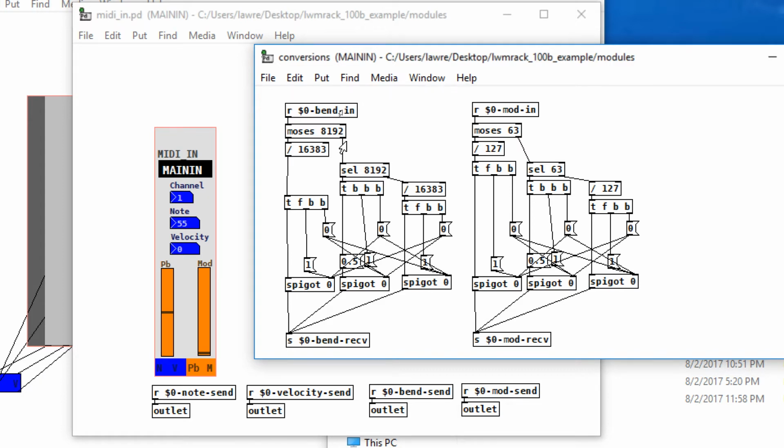8192 or above, it comes out this outlet, and then the select box determines, is it 8192? If it is, it triggers these bangs. These 2 bangs close the other spigots, open this one, and this bangs through it 0.5. So that way a 0.5 comes through if it's 8192. And then if it's not, that means it's above 8,192, so it simply gets divided by 16,383, and we get